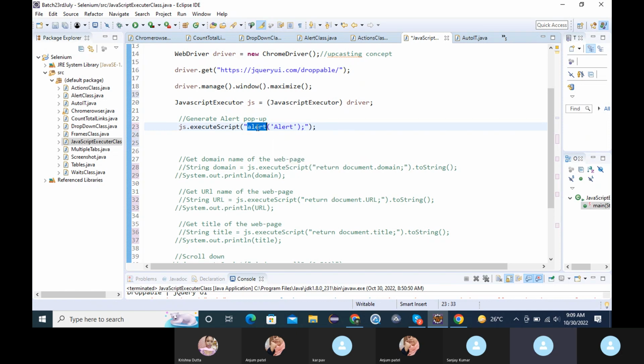This alert is a command that will create an alert, and this is a message that will display on the alert pop-up that will be generated. And every command will be terminated by a semicolon. And the entire thing you have to keep in double quotes. This is nothing but JavaScript command which you have to remember. And it's very easy to remember. Okay, so now if I run this,